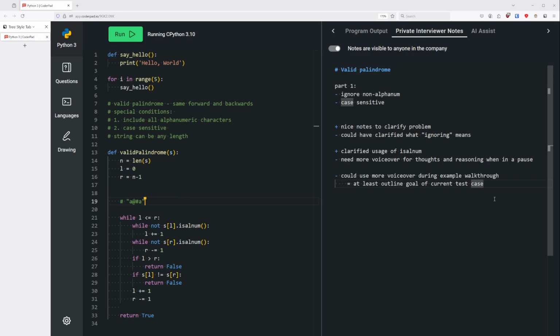Okay, so let's see. If A and A, this is fine. This is fine. They're not the same, so I increment and decrement them. Oops. And then while it's not, this tries to move up, this moves down. So now this isn't true, so it returns false. Oh, that's a problem. I wanted to ignore it, but then